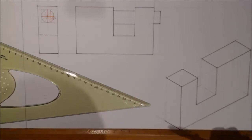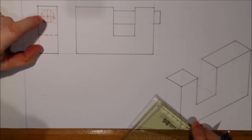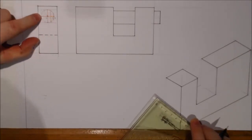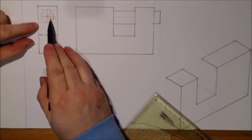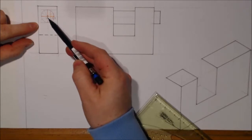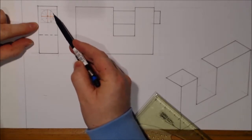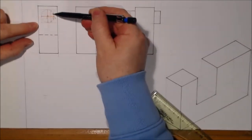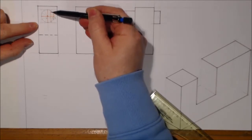So this is the problem we were doing for homework. We have had a little bit of trouble on the circles here. So what I've done is the same as we've done with all the other problems. We've taken the circle and I've drawn a square lightly around it. I've divided my circle into 30s and 60s, which gives me points on the curve, and I have marked these vertical lines here in orange, just so that you can see that they're the lines we're going to be transferring into